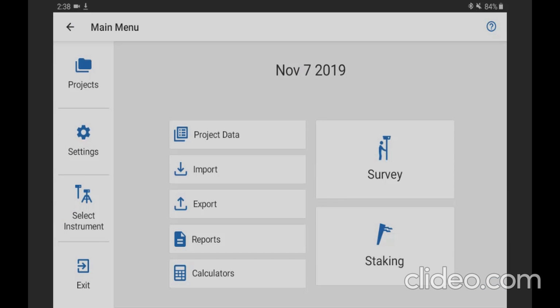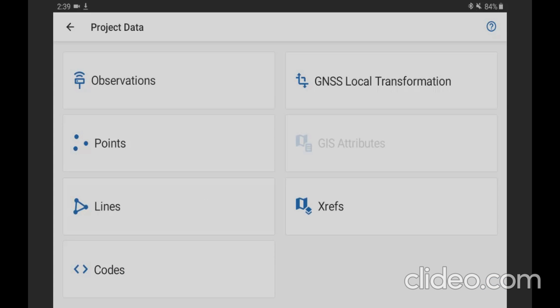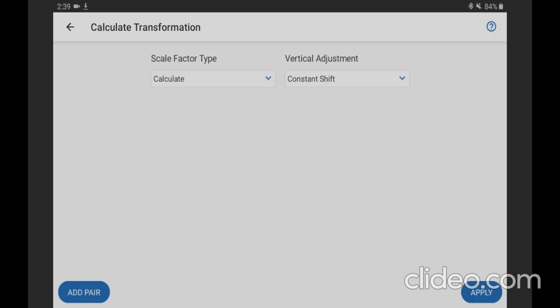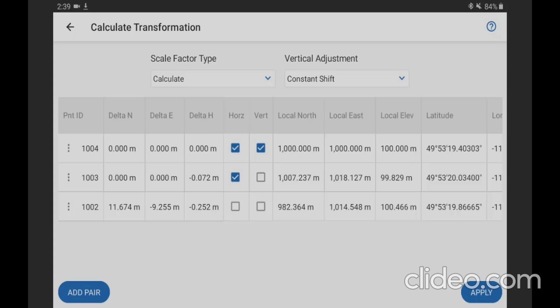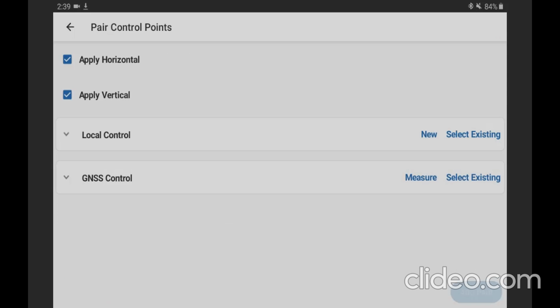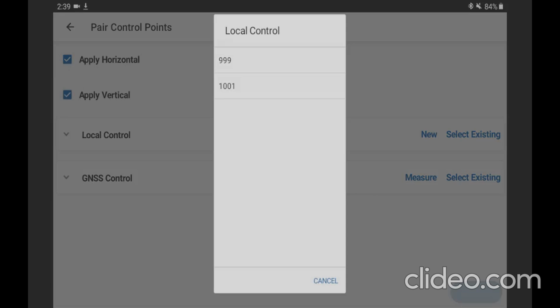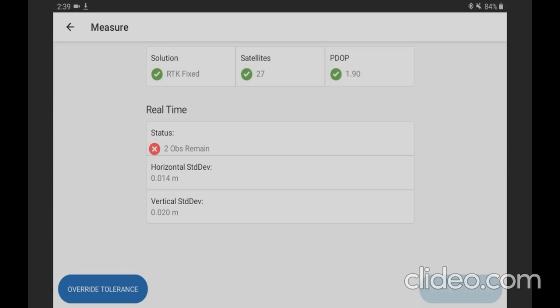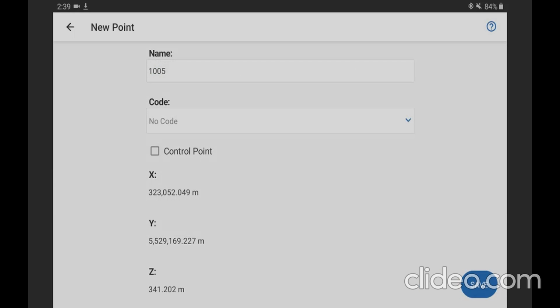Okay, let's go and measure point 1. I'm going to go back into local transformation. You'll notice that it's remembered all my definitions, but it hasn't applied them yet. I'm going to add one more pair. The control point is 1001, and in this case, I don't have a pre-existing measurement. I'm going to go to measure. There we go. Measurement is taken. I'll store the position,